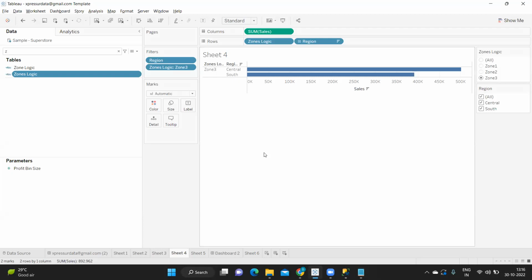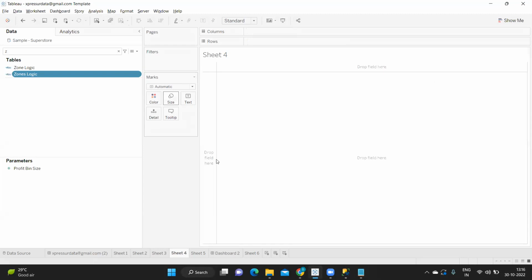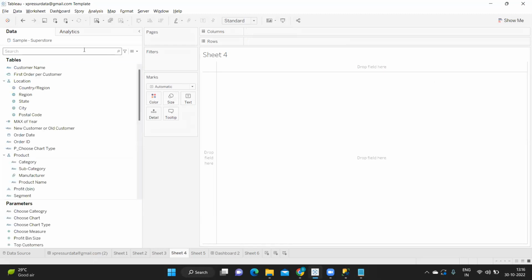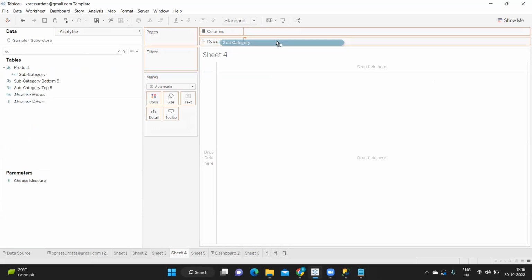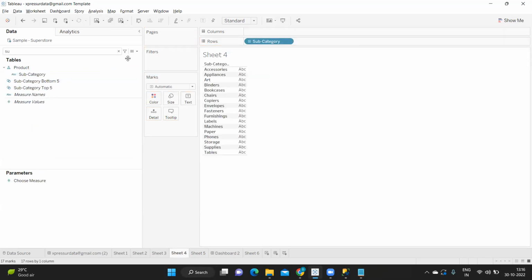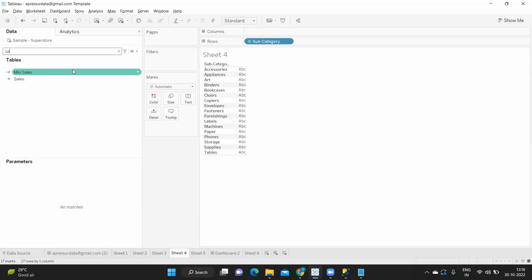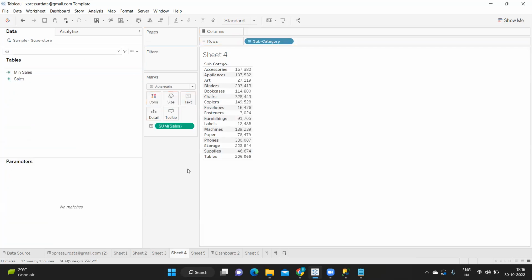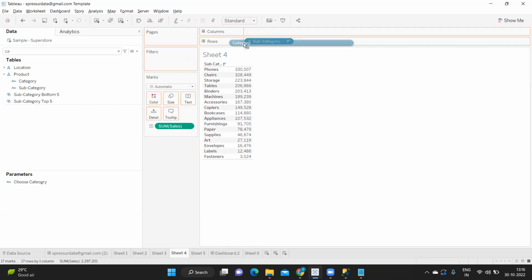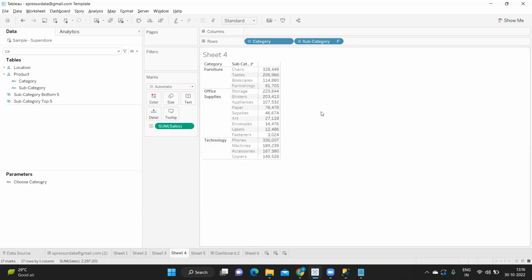Okay, so next what I'm doing is, I'm clearing it off. Okay, and I'm taking my subcategory item here. Okay, and I'm taking sales and dropping it on view. So I'm just filtering it. Okay, I'm just sorting it. So just for my view here, what I'm doing is I'm just adding this. Okay, now my intention is I want to see top 3